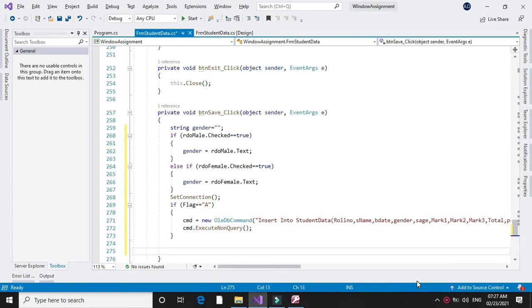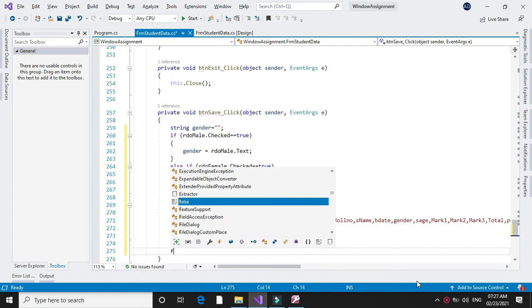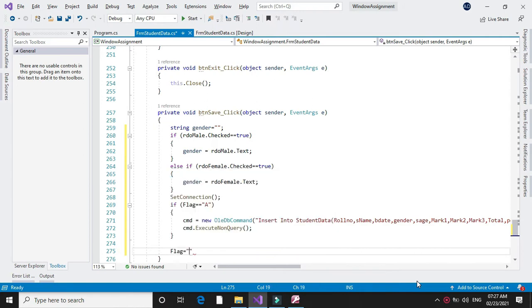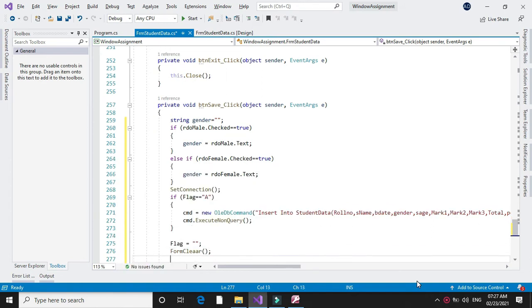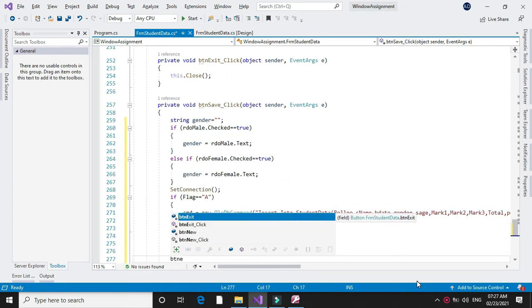And after this, we will reset our flag. We will call the form clear method and we will set the focus to btn new.